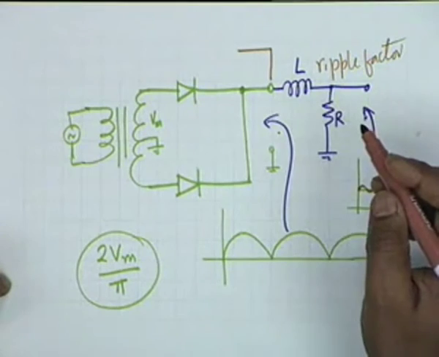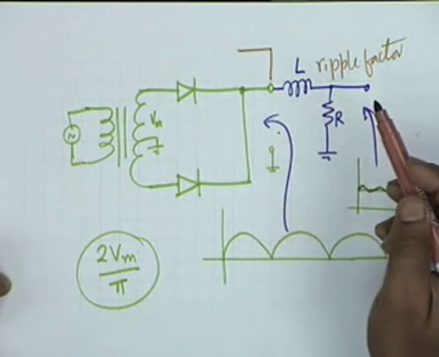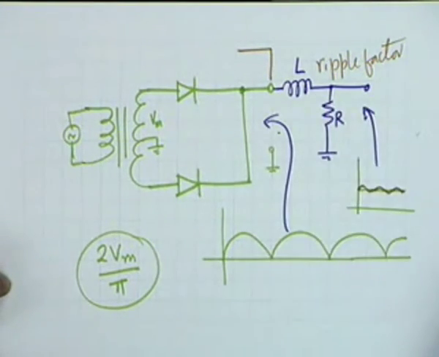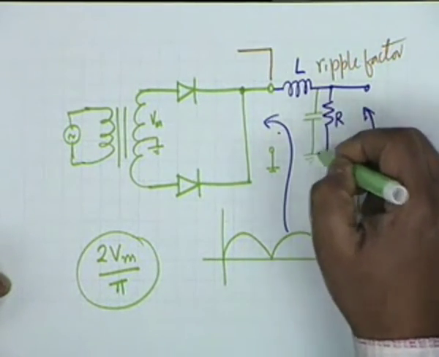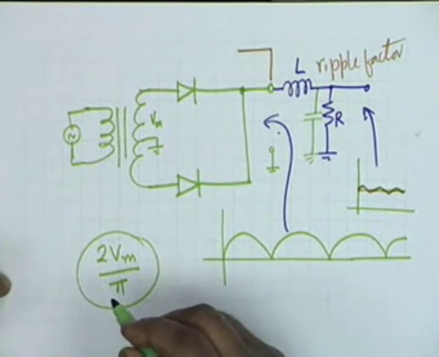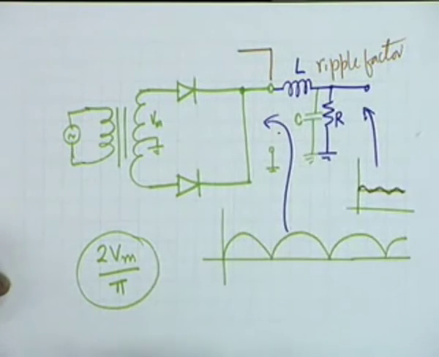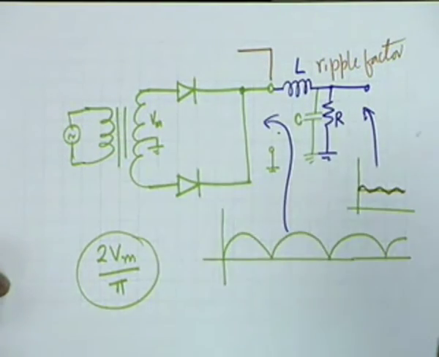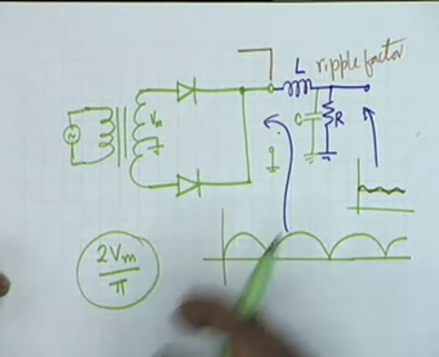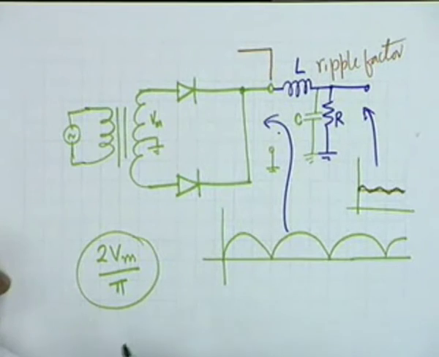So instead of an LR, one prefers to use an LC filter. That is, you use two reactive elements, one an inductor and the other a capacitor. Then the cost of the filter comes down. Although you are increasing one element, the value of L that is needed is usually much smaller, and inductance accounts for most of the cost of the filter. We shall look at this circuit a little more cautiously.